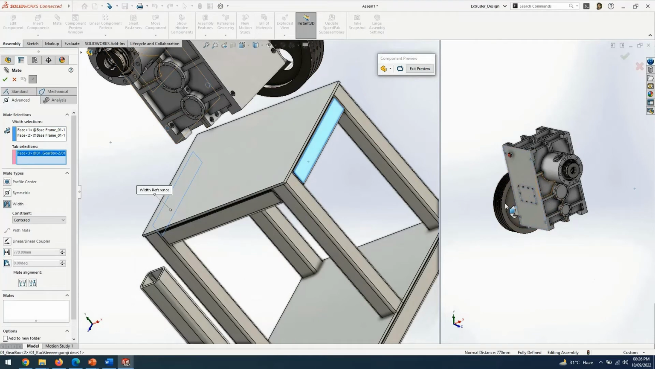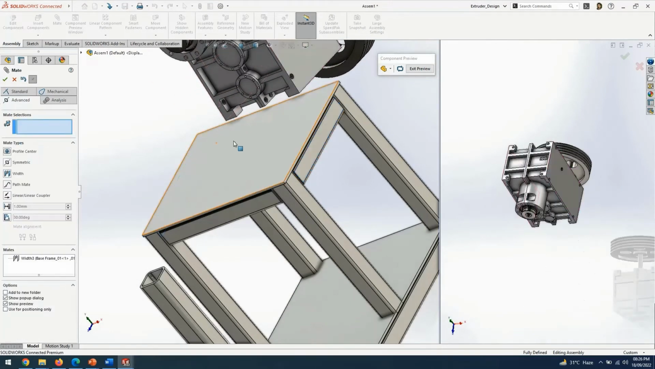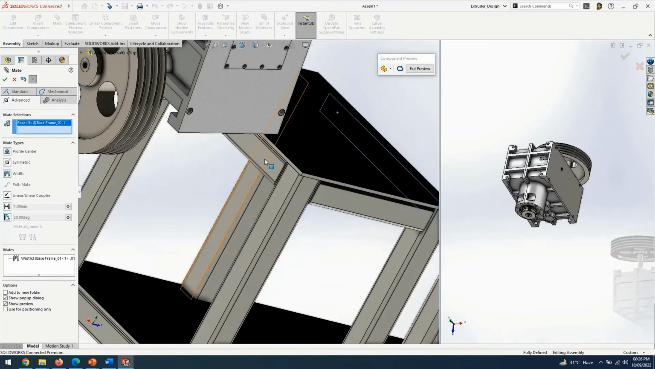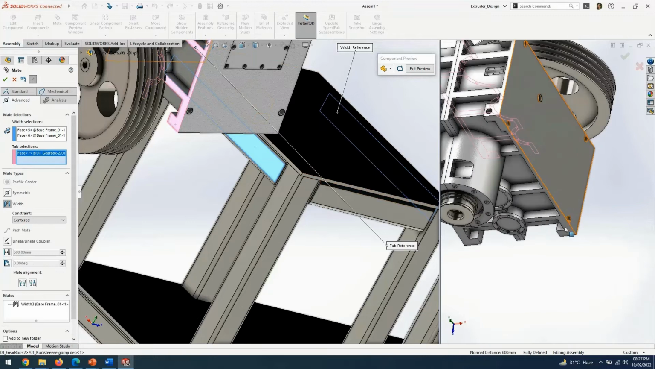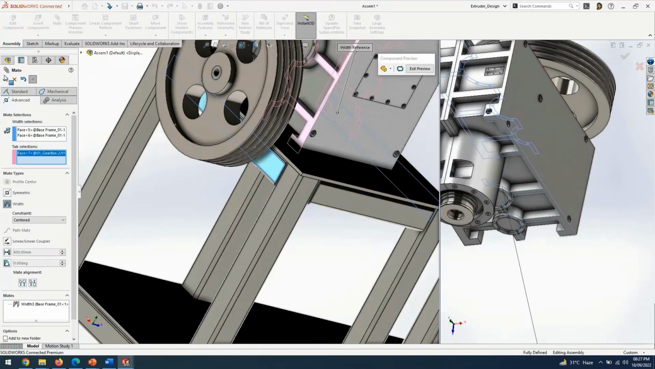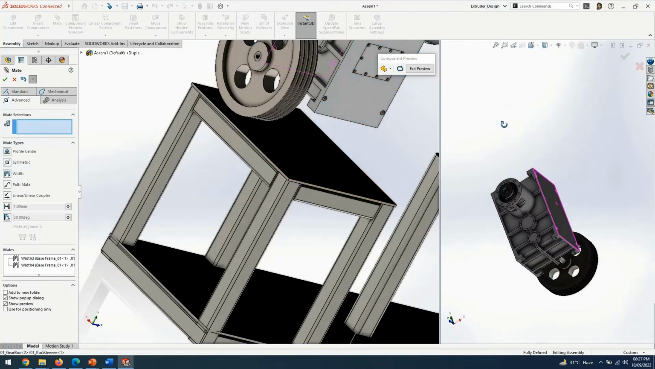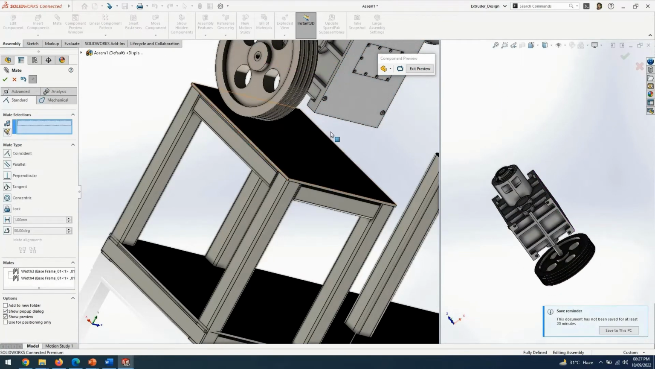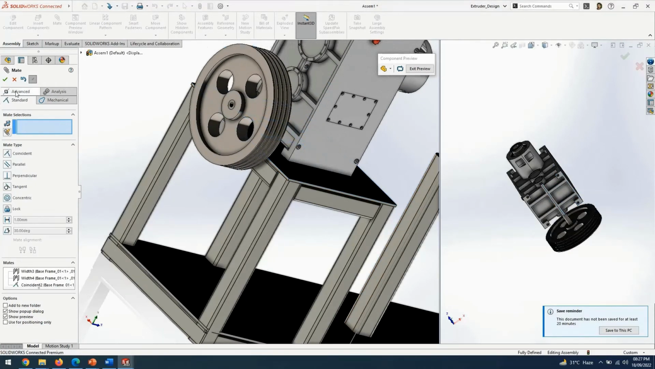As you can see, he is selecting the face, which is easier for him when applying mates. Again, he has to add the width mate between these two faces as well. So he is just selecting these two faces. As you can see, it is really simpler when he is working with the component preview window. The last mate required is the coincident mate between the base plate and the bottom of the gearbox assembly. So once he has added all the things,